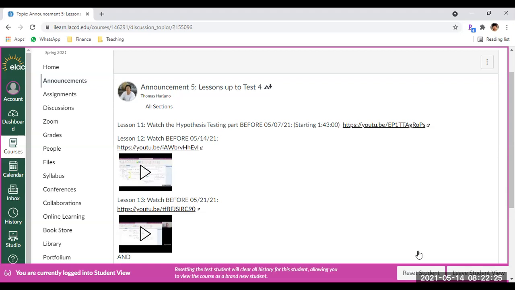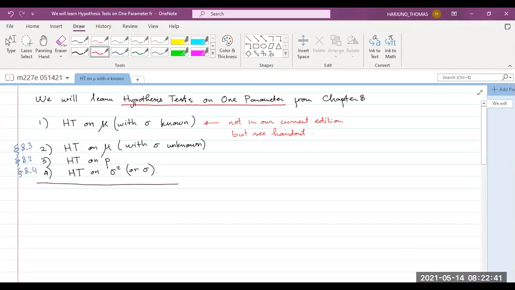Okay, now lesson 12, basically I went over problems in one of my handouts. Today I have another handout. Okay, I have another handout for 1. Now then 2, 3, 4, which come from 8.3, 8.2, and 8.4, I will do problems from our textbook. Okay, now just to remind ourselves of the template or the structure